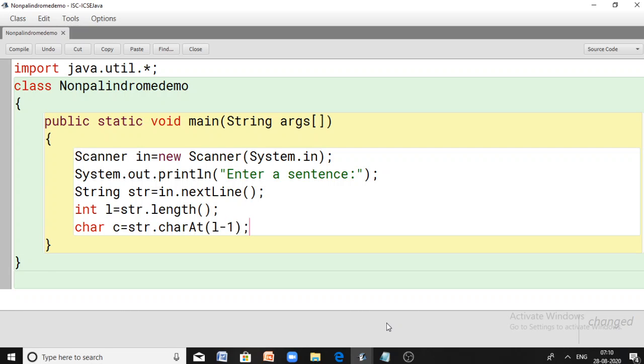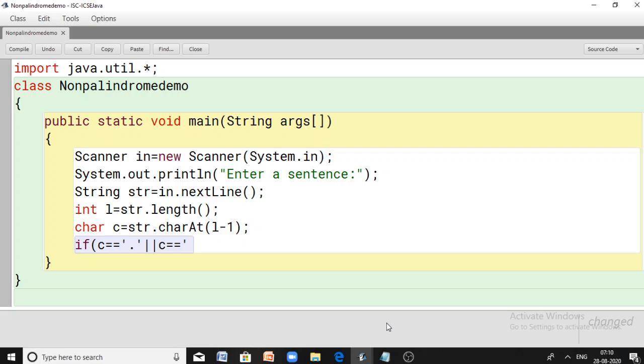So I am taking the last character and checking now: either c equal to dot, or c equal to question mark, or c equal to exclamation mark.